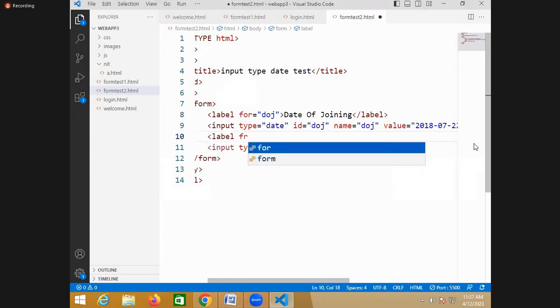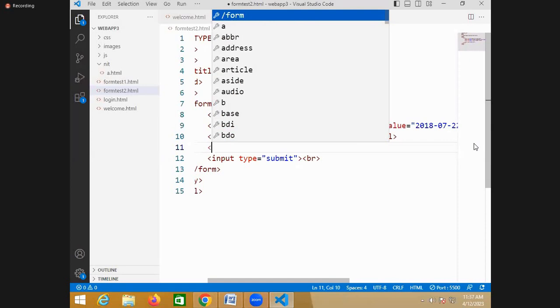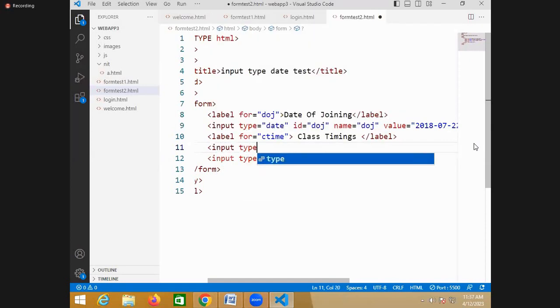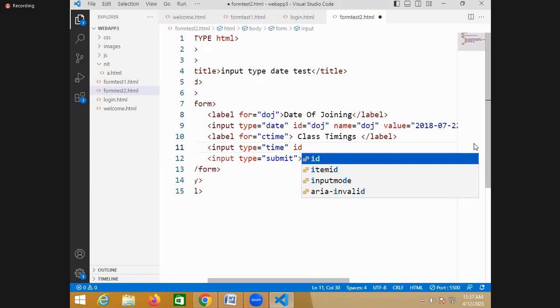Label for class time, and this is class timings. Then I'm trying to create an input, input type equal to time, and the ID is